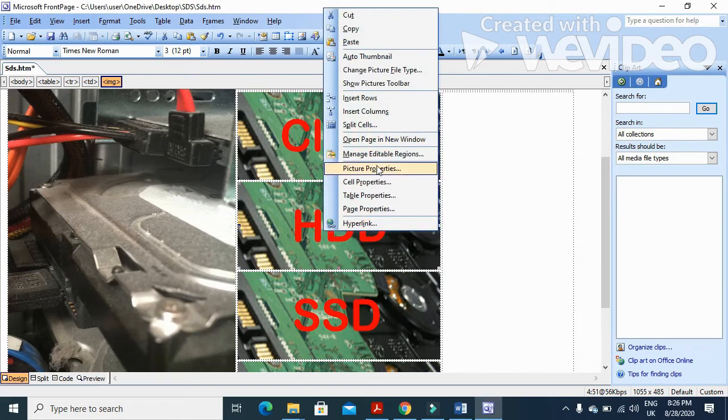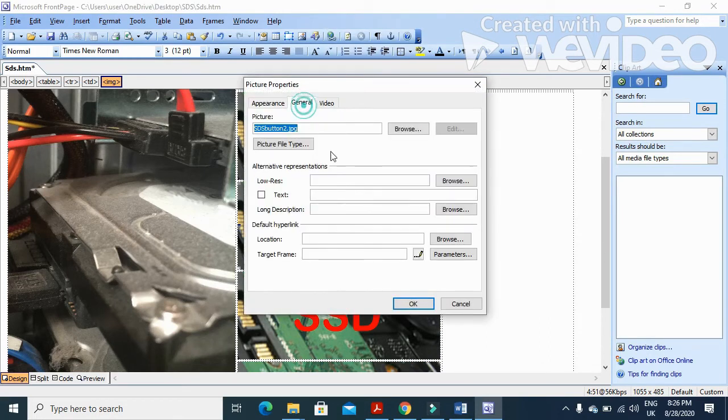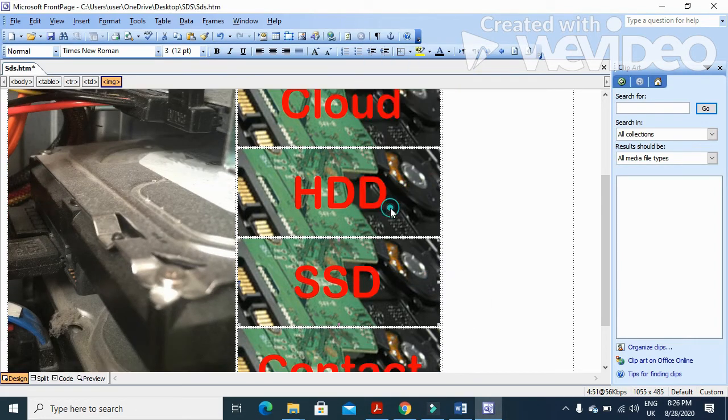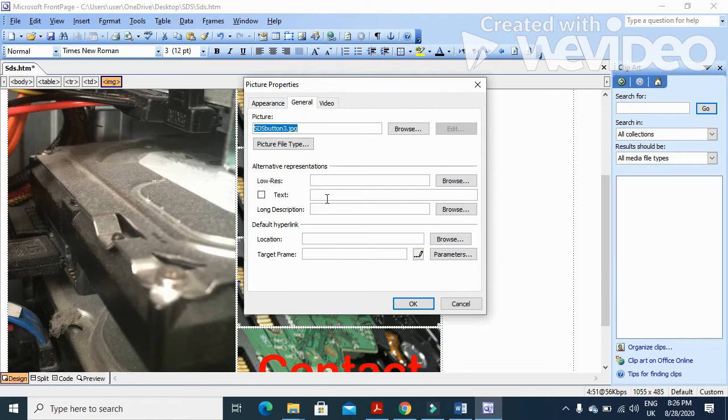HDD is hard disk drive. So hard disk, click on OK. Then solid state, picture properties, general, text, and then you just type here solid state,